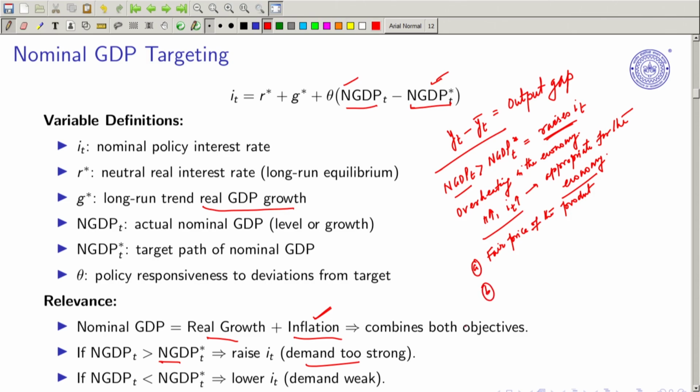My B is that it also incentivizes entrepreneurs and businesses to produce. So even the father of modern macroeconomics, Keynes, suggested that there should be mild inflation, not very high, but mild inflation in the economy. Otherwise, none of the businesses would survive.